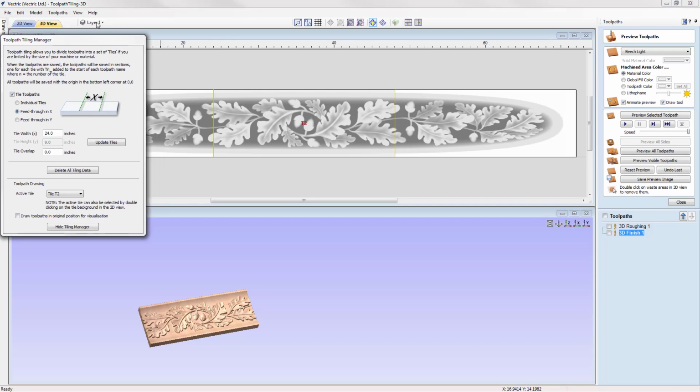Now if we just go to view and use the option to draw our origin, you can see we've got the origin here in the lower left hand corner. And it's important to note that with the draw toolpaths in original position for visualization switched on, it doesn't actually affect the X0, Y0 position of the tiles and the toolpaths that we actually save out. X0, Y0 will always be where we set it in the material setup, and will be the same for each